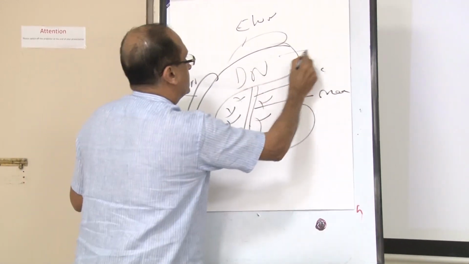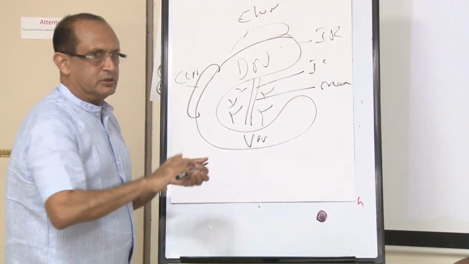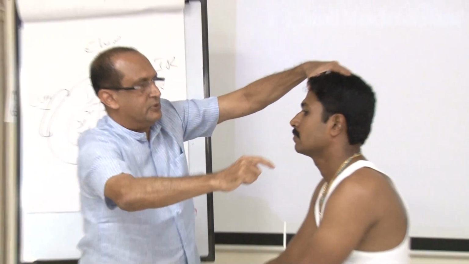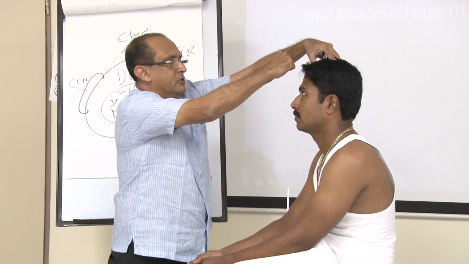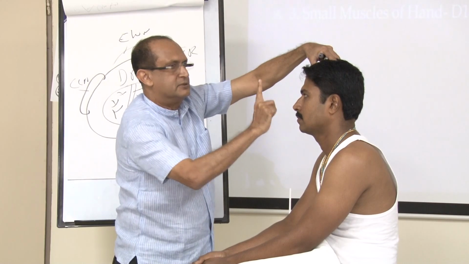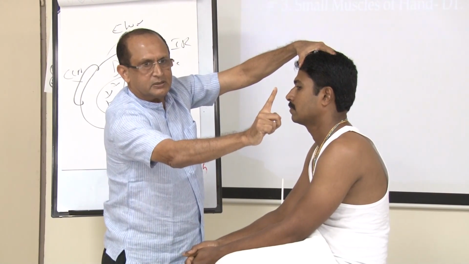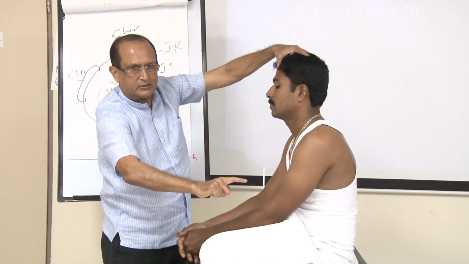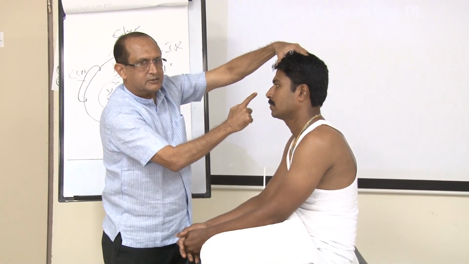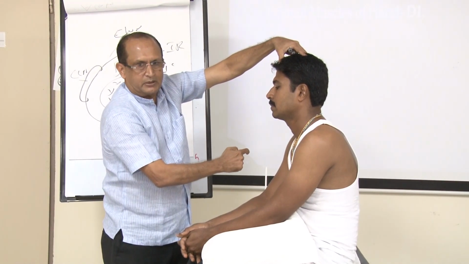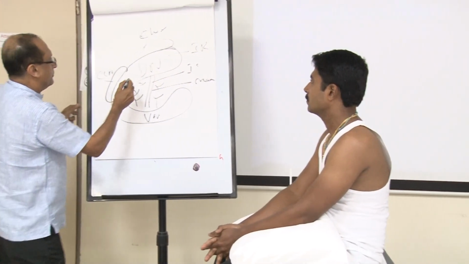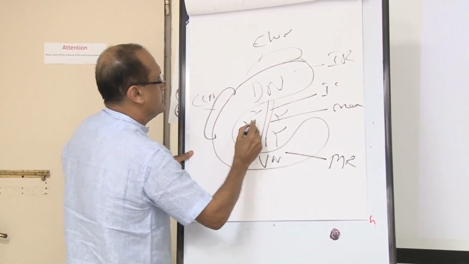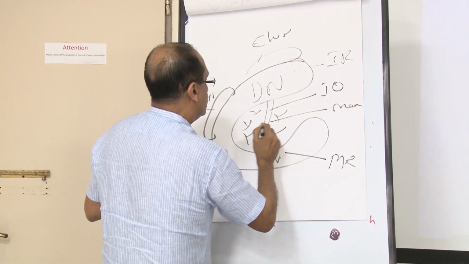The dorsal nucleus supplies the inferior rectus muscle. There are 6 extraocular muscles: the superior rectus, inferior rectus, inferior oblique, superior oblique, medial rectus, and lateral rectus. The lateral rectus does abduction; in the abducted position, elevation is by the superior rectus and depression by the inferior rectus. In the adducted position, the medial rectus is contracted, with the inferior oblique and superior oblique. These are the 6 muscles. So: dorsal nucleus, inferior rectus; ventral nucleus, medial rectus; intermediate column of cells, inferior oblique.